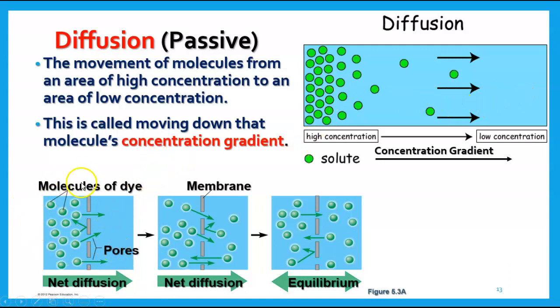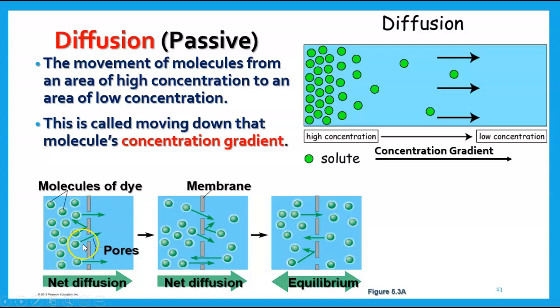So we can look at it like this. At the bottom, we have the same thing that we saw in the top, except now we have a membrane here. And so membranes are not totally impervious to anything moving through. They generally have pores of some kind. Sometimes they're bigger, sometimes they're smaller. But if you have those same molecules of dye in a container that has a membrane in the middle, what you'll see is, first of all, the molecules of dye will stay on one side, but over time,